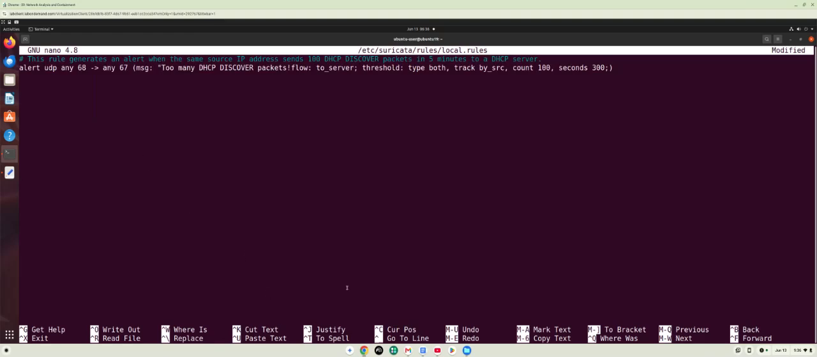I have a description here already, but I'll read it to you. It says this rule generates an alert with the same source IP when the same source IP sends 100 DHCP Discover packets in 5 minutes to a DHCP server. So this is what's going to generate that alert, that too many DHCP packets are being generated within this certain threshold window, which is set to 5 minutes. Now that I have that rule created,